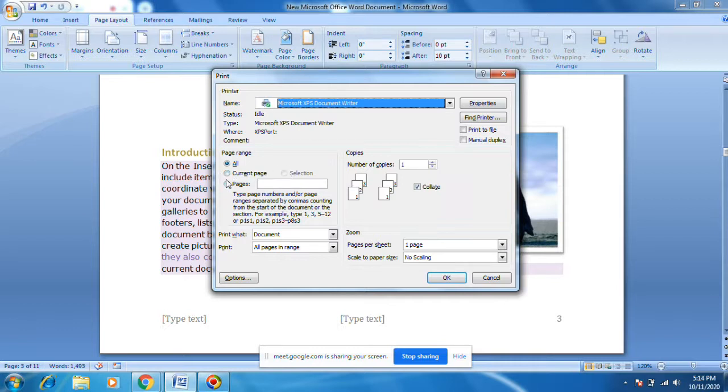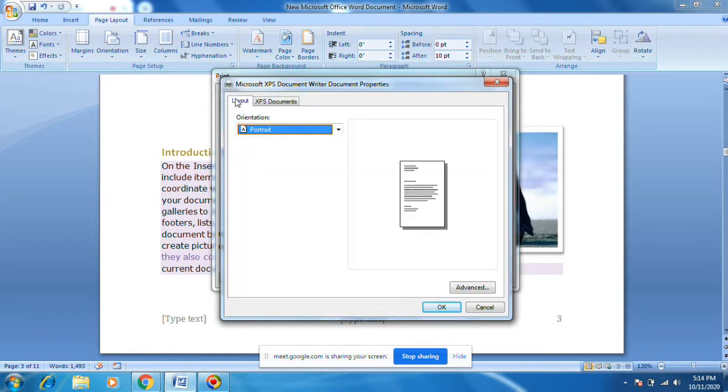You need to check the page, portrait or landscape. Somewhere it should be here. If you put landscape, it will be like this. Portrait should be like this.